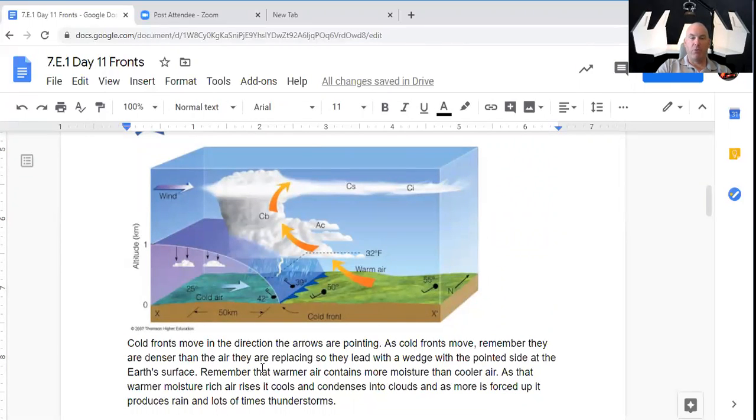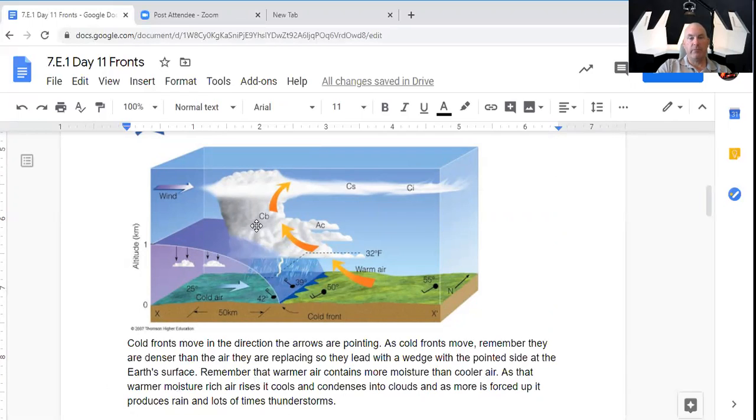And remember, warm air can contain more moisture than cooler air. As that warmer, moisture-rich air rises, it cools and condenses into clouds, and as more is forced up, it produces rain and lots of times thunderstorms. You see that depiction right here. So that warm air is being